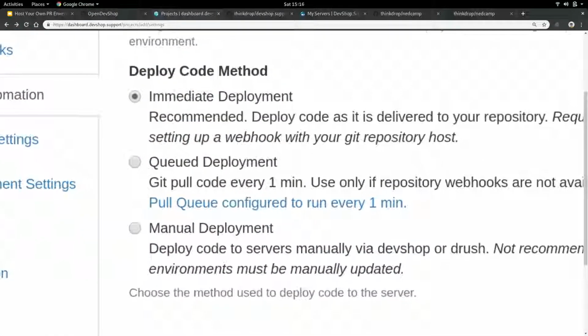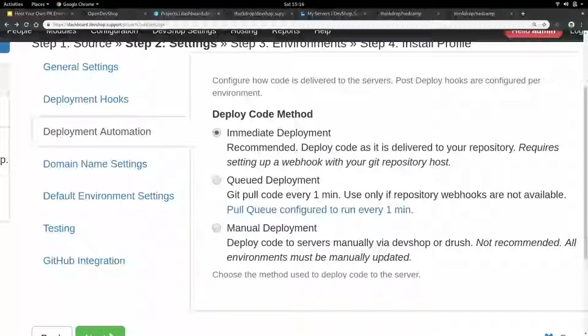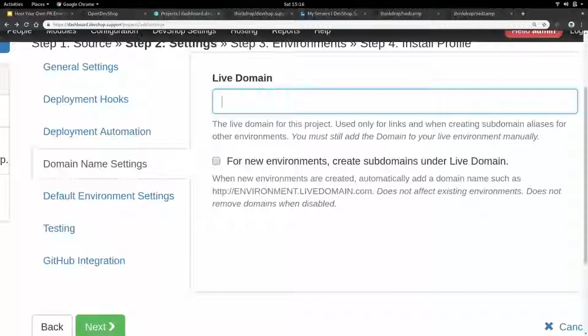Deployment automation is just to handle webhook. Webhook is immediate deployment. If you can't have a webhook, some people are crazy about not wanting to expose this to the web or GitHub, so it'll pull every minute. If you use Git or just manual, if you only want to release things manually, the domain name just tracks